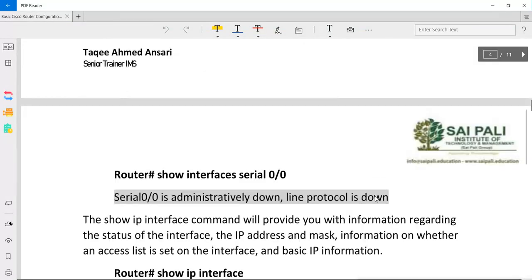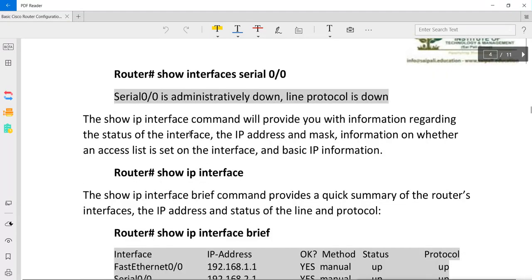Now like this, administratively down, and line protocol is also down and disabled. Now the show ip interface command will provide you with information regarding the status of the interface and the IP addresses and mask, information on whether an access list is set on the interface, and basic IP configuration information.